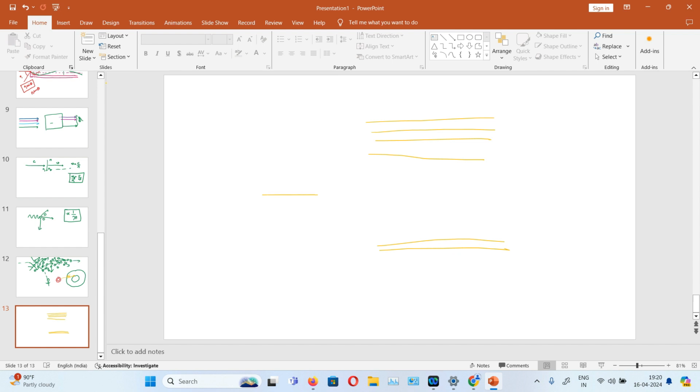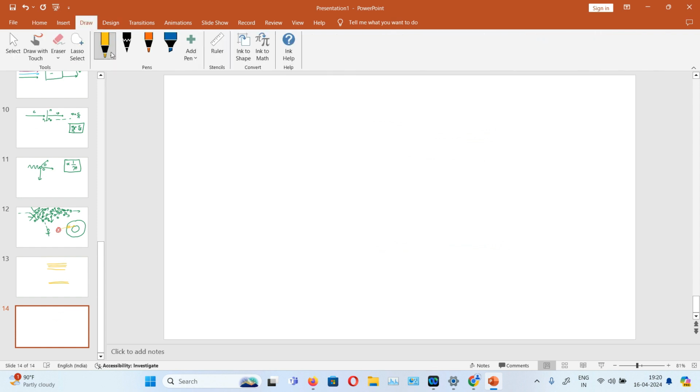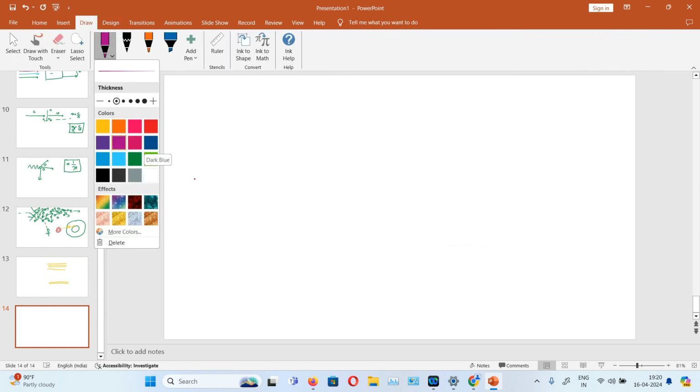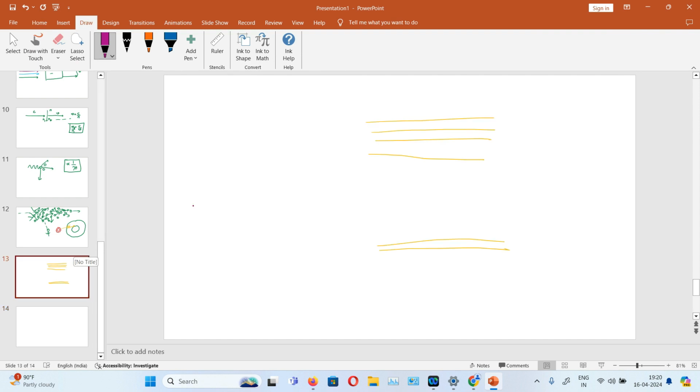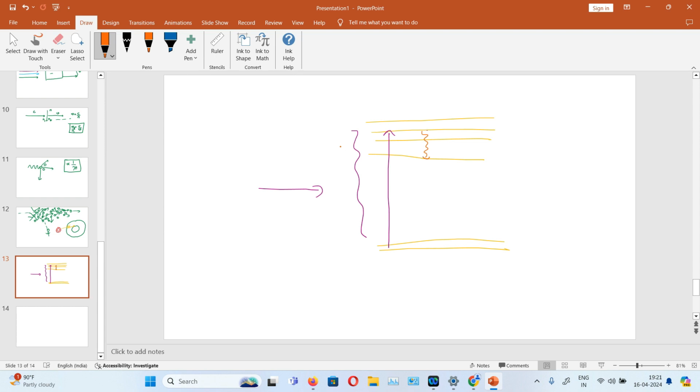When light is getting absorbed, if that particular light has the required energy, the light is getting absorbed. After the phenomenon called internal conversion, some energy is getting lost in the form of